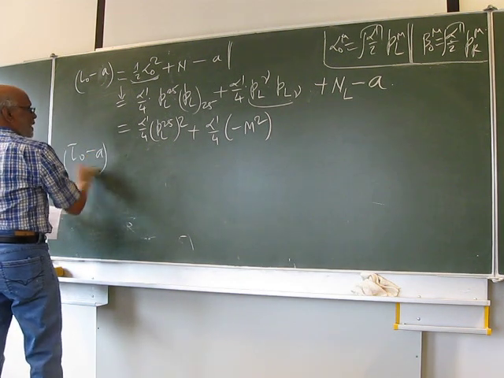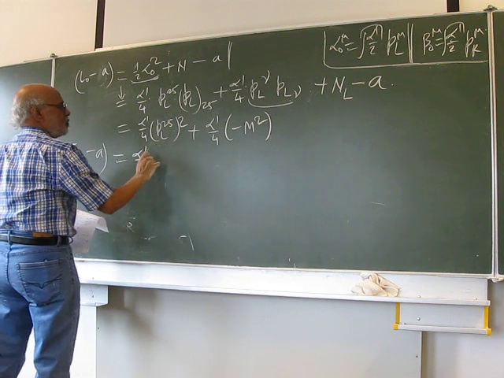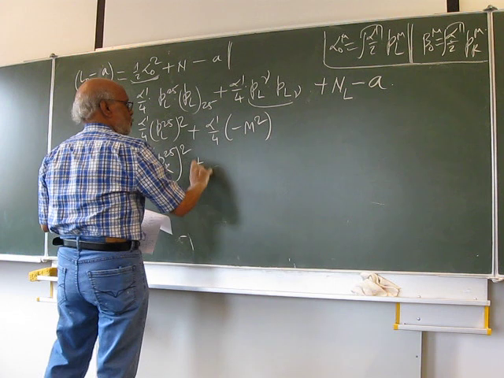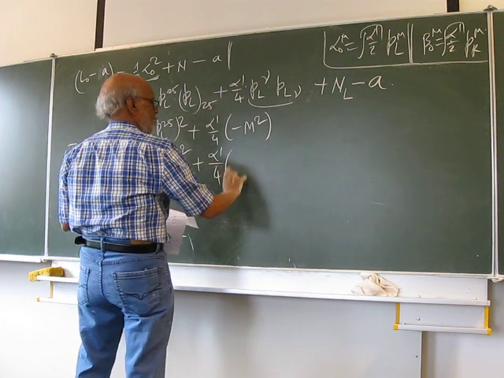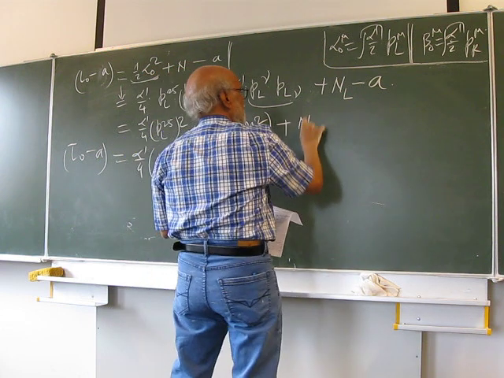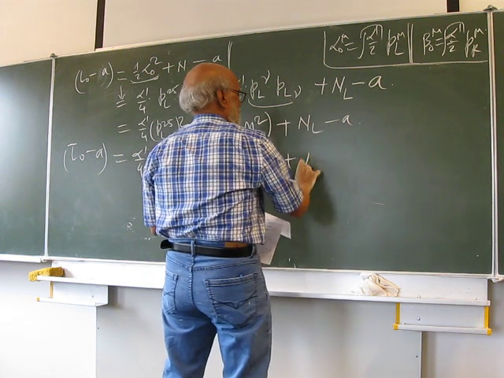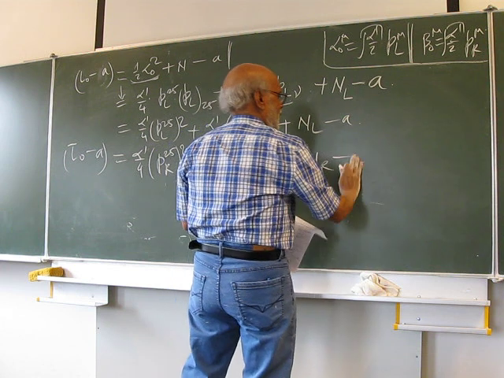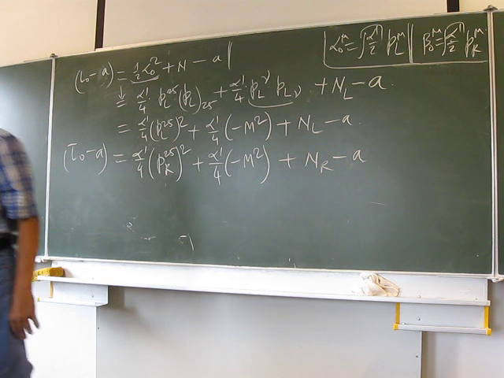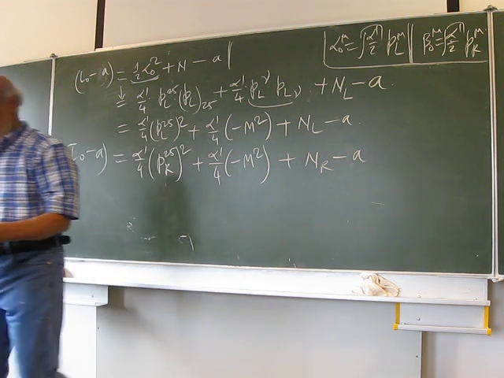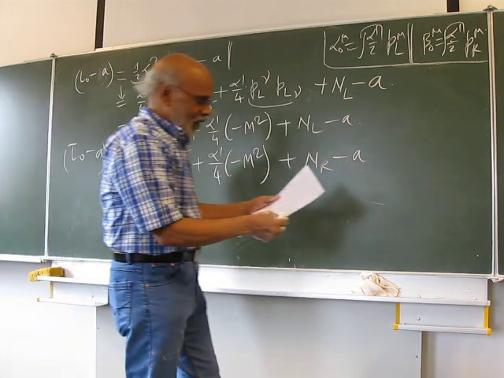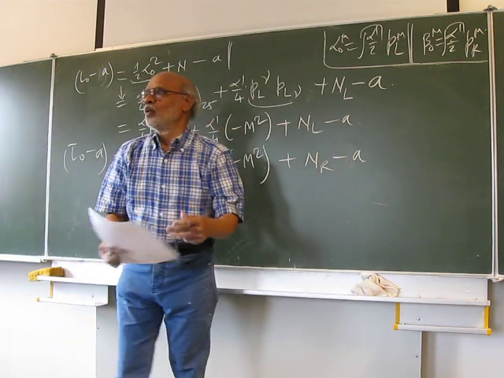L0 bar minus a would be alpha prime by 4 PR whole square plus alpha prime by 4 minus m square, this is okay, plus nR minus a. Is that okay? Fine, very good. So you have all these beautiful things with you, and now you can